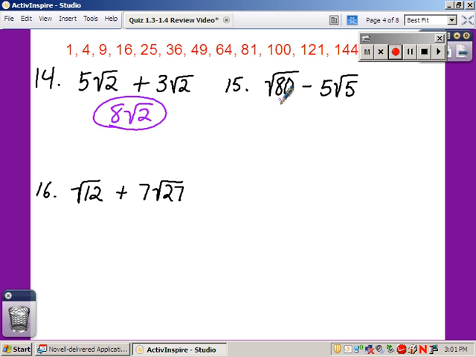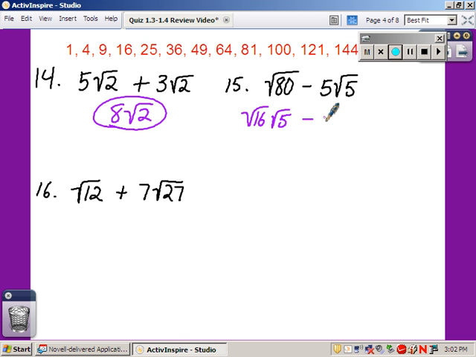Like in number 15, I have square root of 80, and then I have something with a square root of 5. I can't subtract those as they are, but I think I might be able to do something with that square root of 80. But this, square root of 5 is as low as it goes. So this part, I'm just going to leave kind of by itself for a minute and work on the square root of 80, see if I can simplify it. So I'm looking at which one of these numbers goes into it. The biggest one, I think, is 16. So I'm going to do 16 and 5,